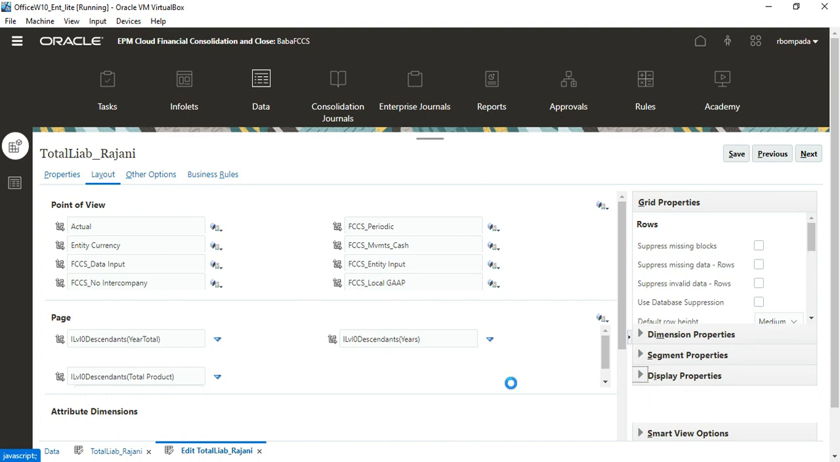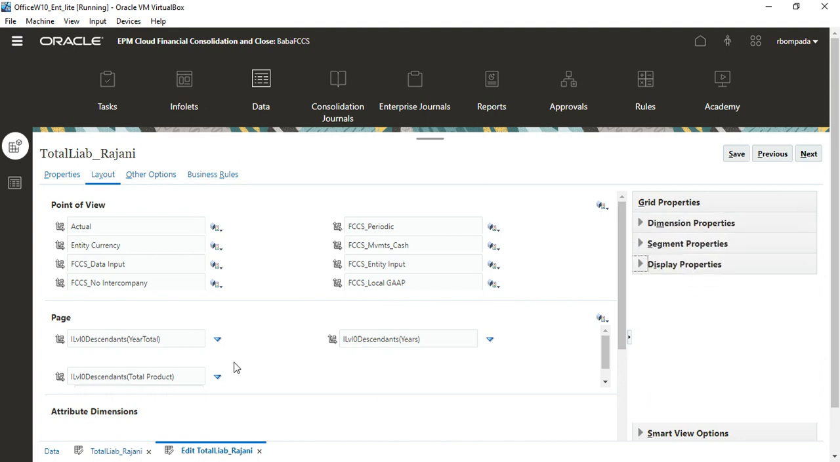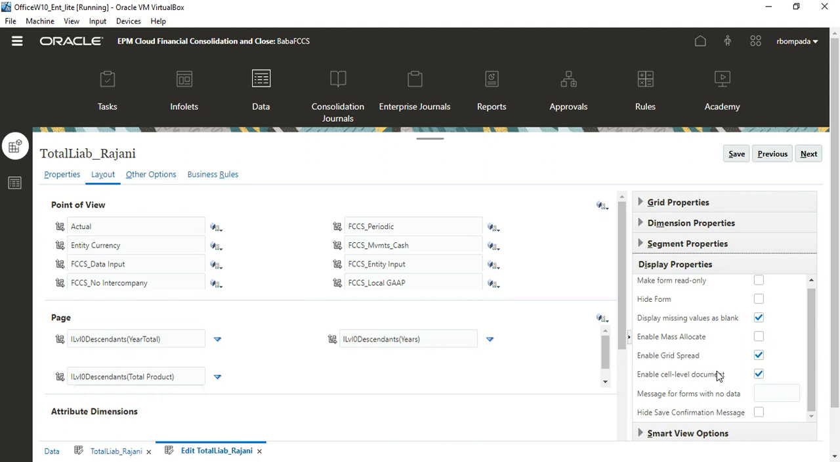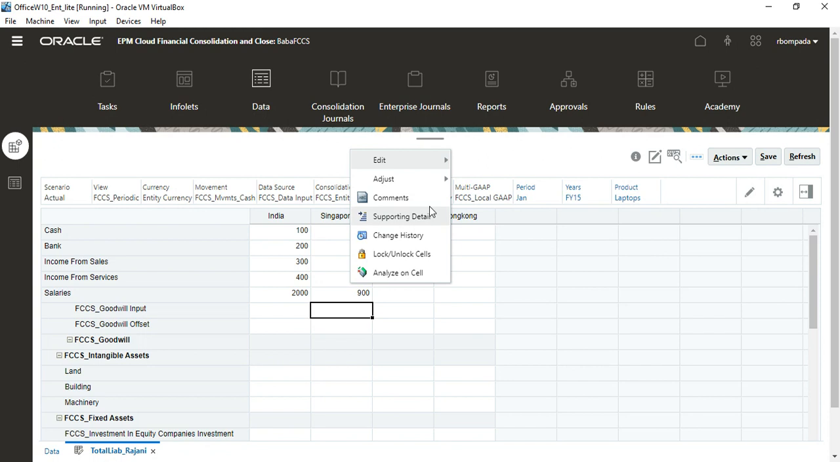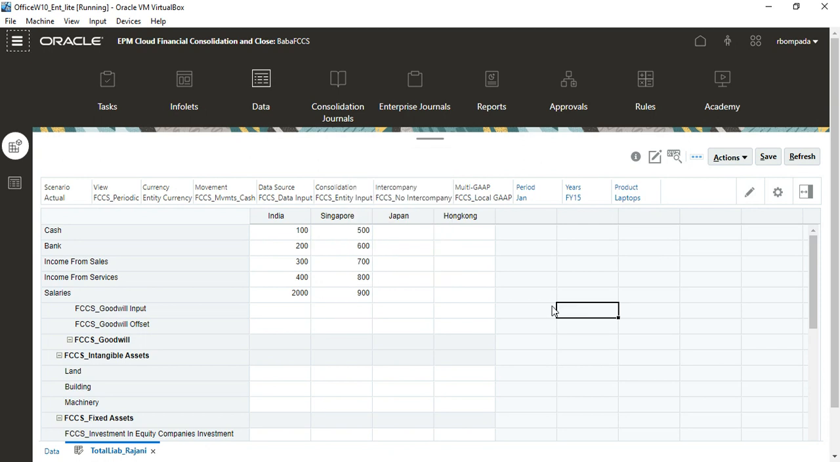So go to display properties. Remove this and save. Then close this one. Now see, when I right click, you don't see attachments here. You cannot attach any document. You can disable or enable attaching screenshots, Excel files, JPGs, etc. Okay, right. Next,